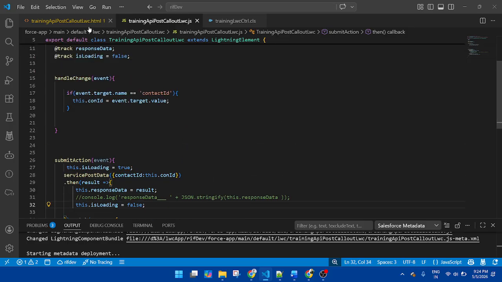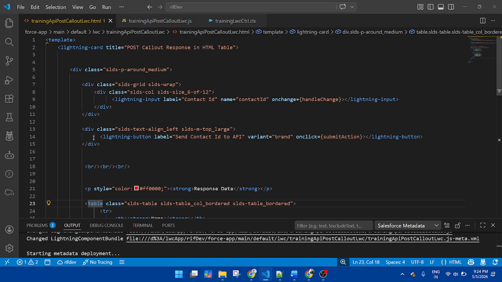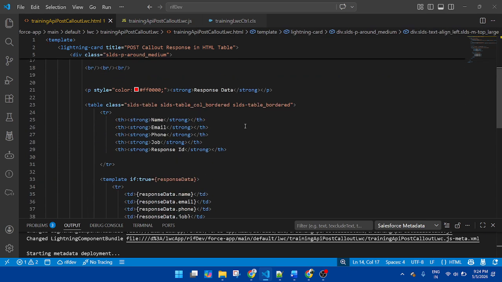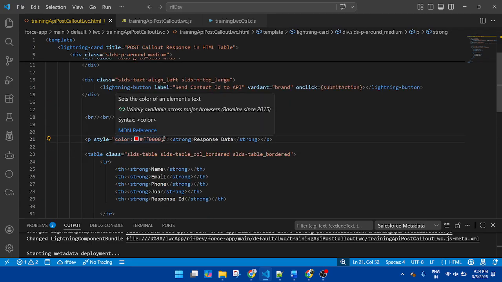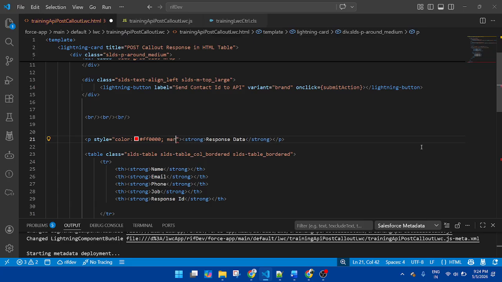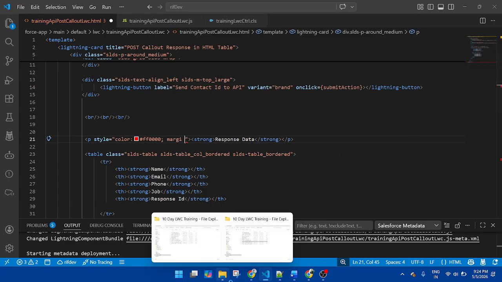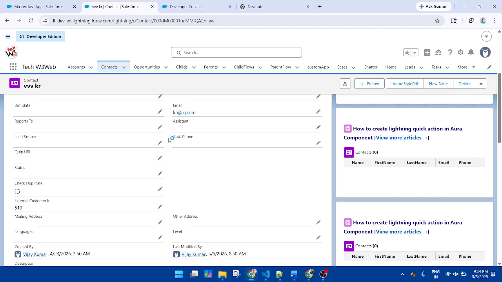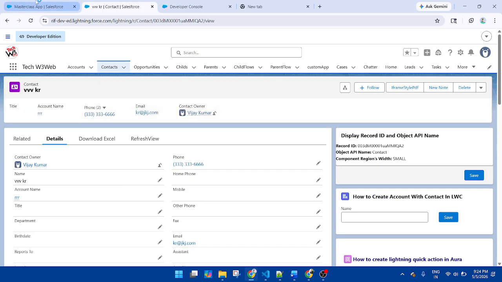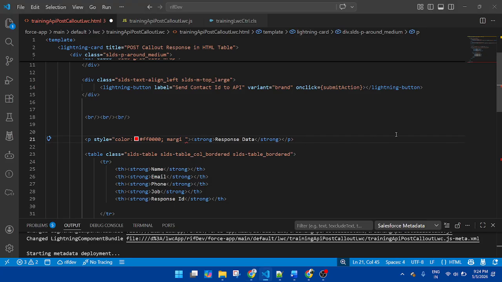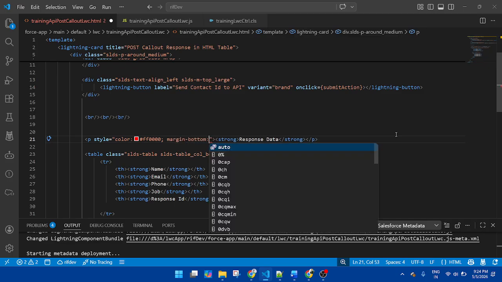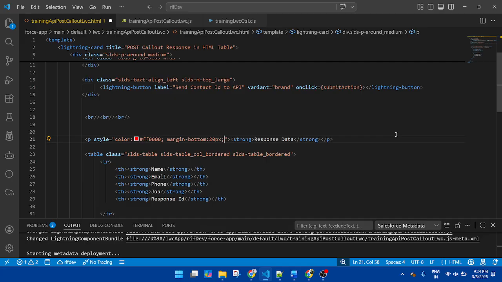Now go to the HTML part of the component. Where I want to display, this is my table, this is my response data. You can use style margin, because you can see in the component the title and table have no space between them. So I want to give a space, margin bottom, let's suppose 20 pixels.